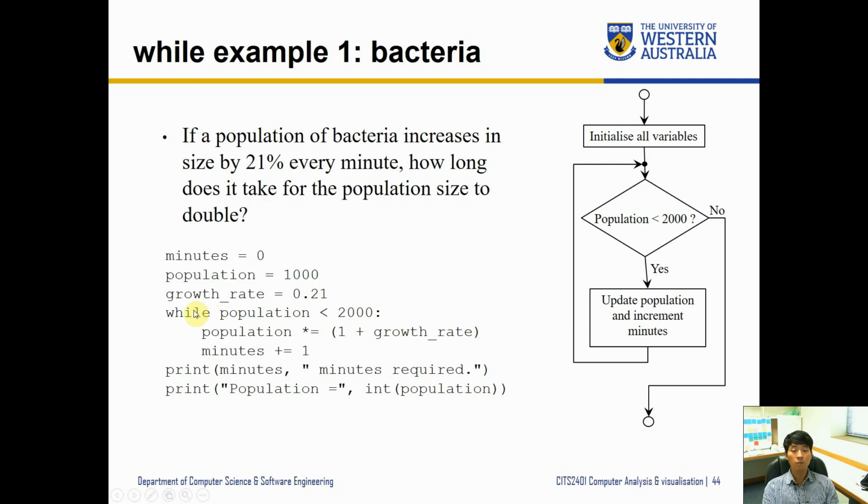Then here's the while loop. While population is less than 2000, then we're going to do something. Essentially we need to do two things: increase the size of the bacterial population and increase the minutes it took to do so, right? So population times equals 1 plus the growth rate. Essentially it's doing population equals population times 1.21. Okay, so after the first round, it should have reached,